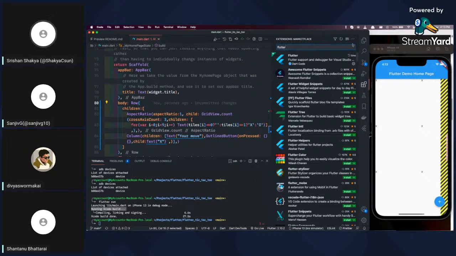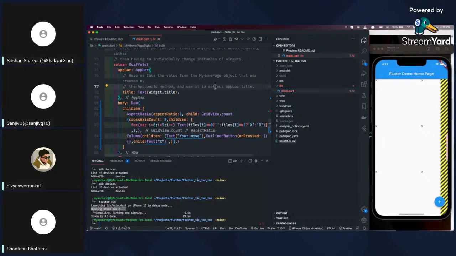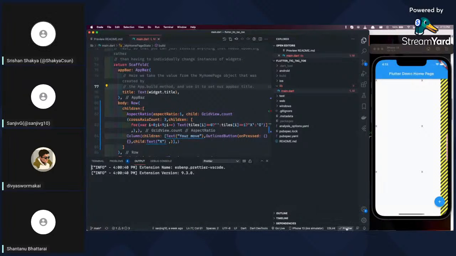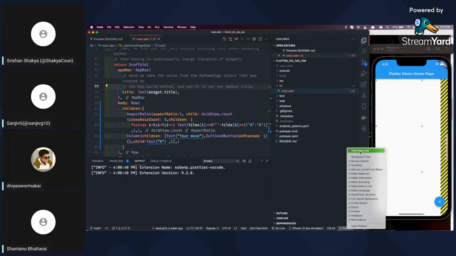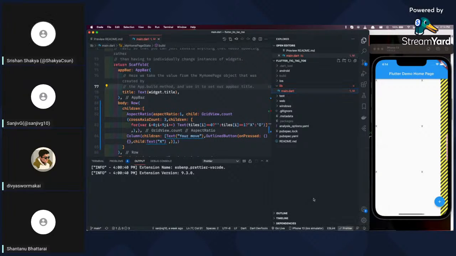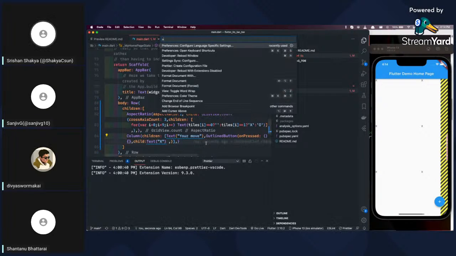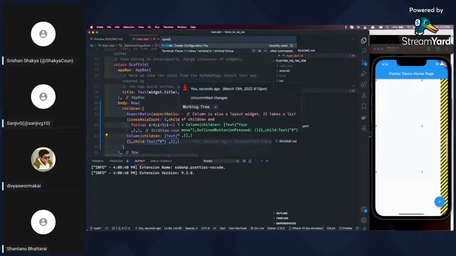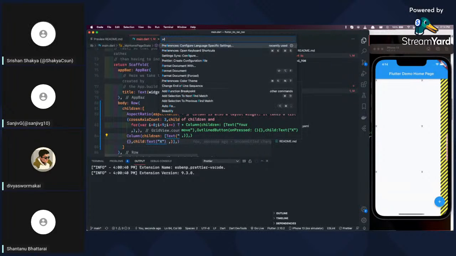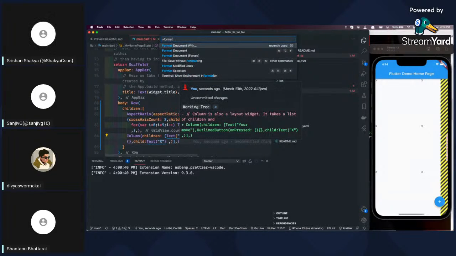Just go to Prettier at the bottom right and change the default formatter. Why is it saying Prettier though? Just press Command Shift P, format document with, configure default formatter, and choose Dart.